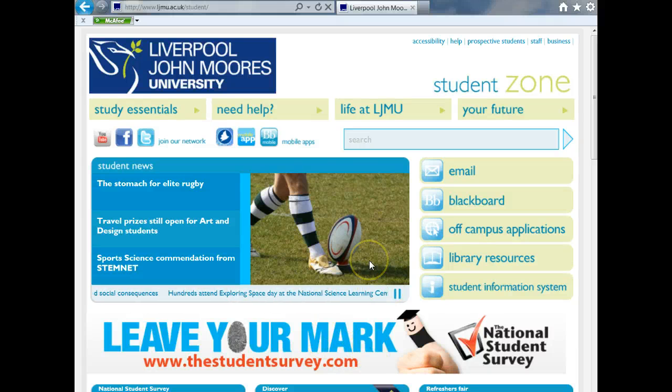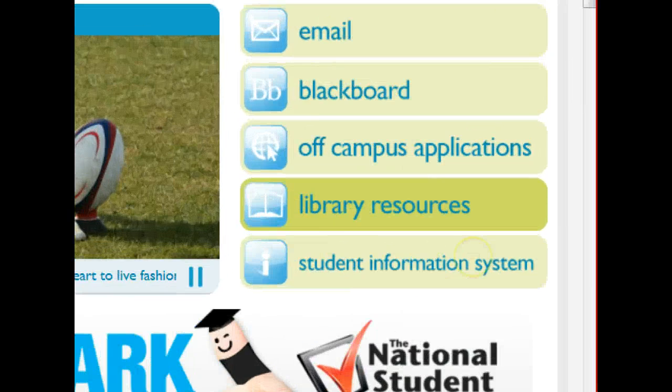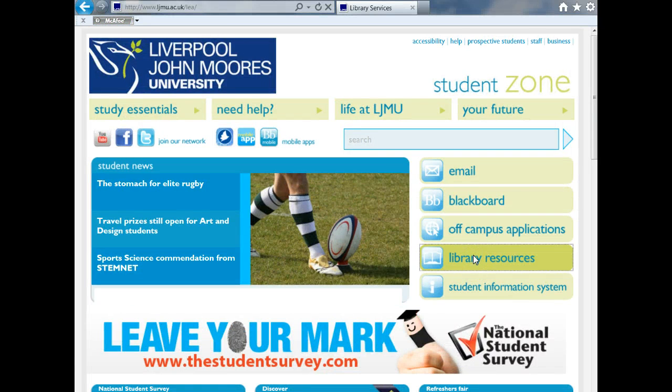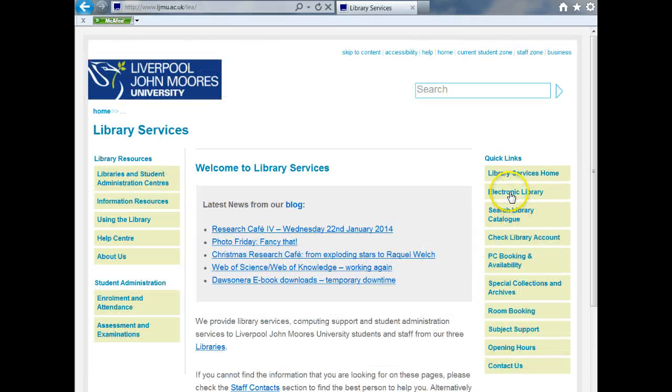Hello and welcome to this short presentation on how to gain access to e-journals and studies that relate to your particular topic. You'll notice that we're on the LJMU web page at the moment, and you can see here it says Student Zone, which is what you will see. If you go into Library Resources, which is here, click on Library Resources, you can gain access to the electronic